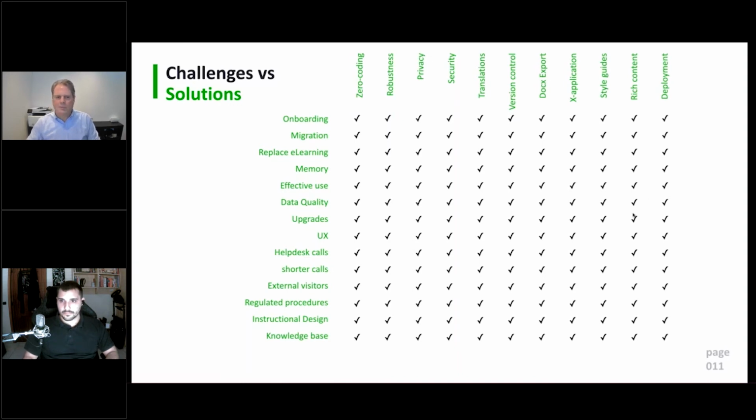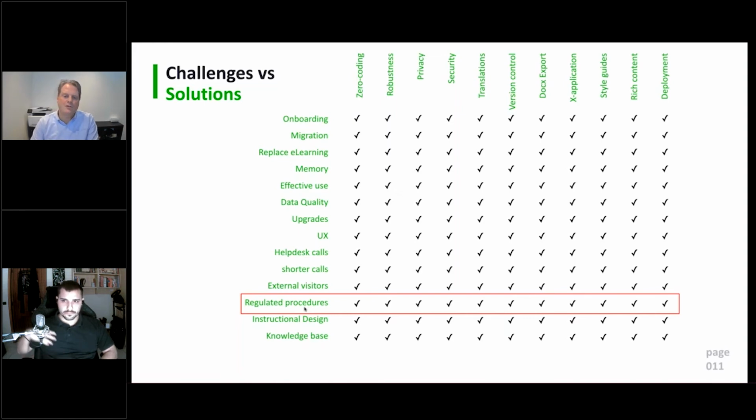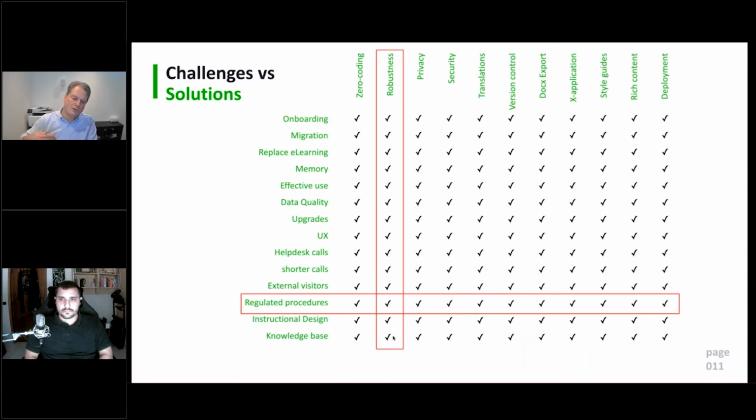And just to give you an example, because this could actually be a nice checkbox and checklist for you. Let's say, for instance, you're dealing with regulated procedures. So, for instance, getting a drug administered by the FDA, the FDA 21 CFR. In that case, you want to be sure that you have a very robust journey because you have to guide your staff through those regulated procedures. But also, you need to be sure that you can export all those journeys and store them in your document management system because it becomes part of your approval process.